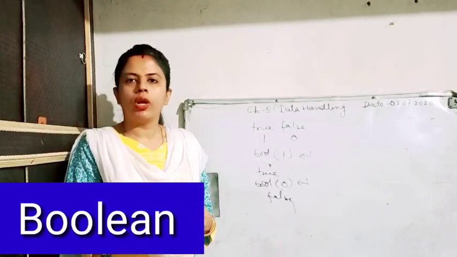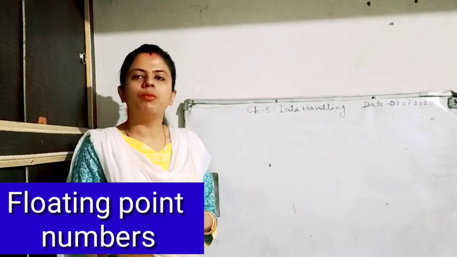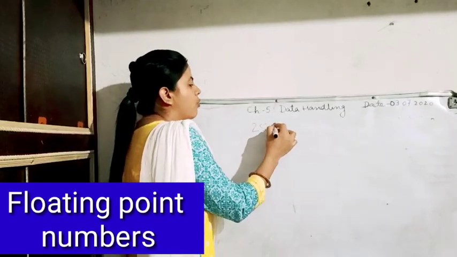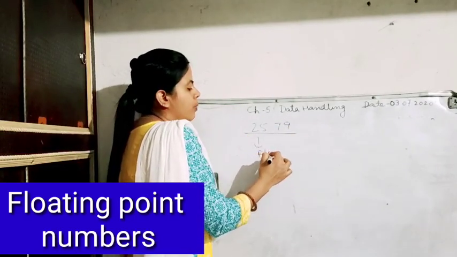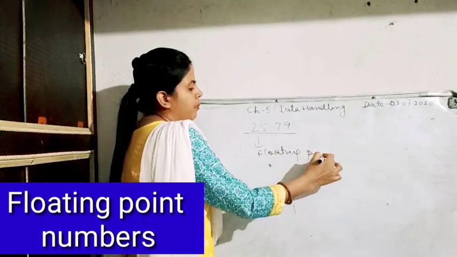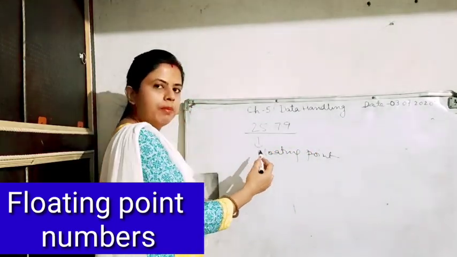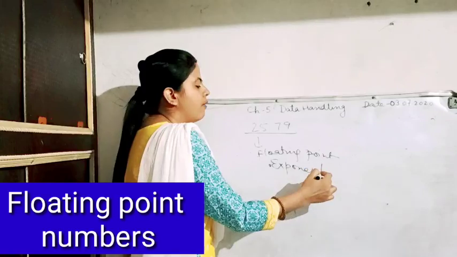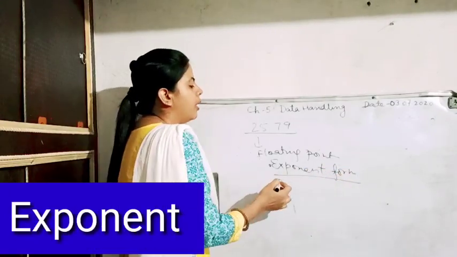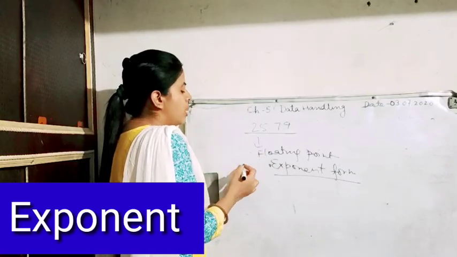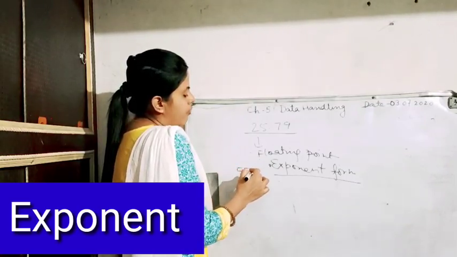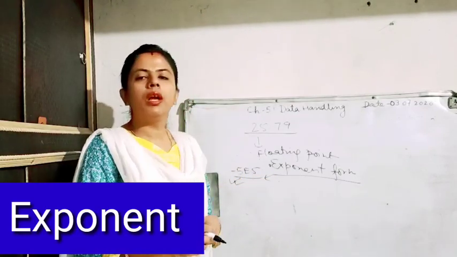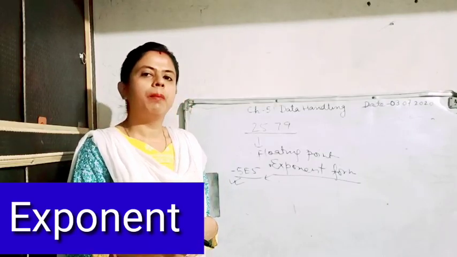Moving forward, we have the floating point. A floating point number contains the number along with the fractional form. So you can say that any number which is represented in the form of a decimal will be called a floating point number. Okay. And under the floating point data type, we have one more data type which is the exponent form. Exponential form we have learned in the last chapter. Exponent form is any data which is represented in the form of, suppose I have written here 5e5, or minus 5e5. So this is called the exponent form of the data which is stored in Python.